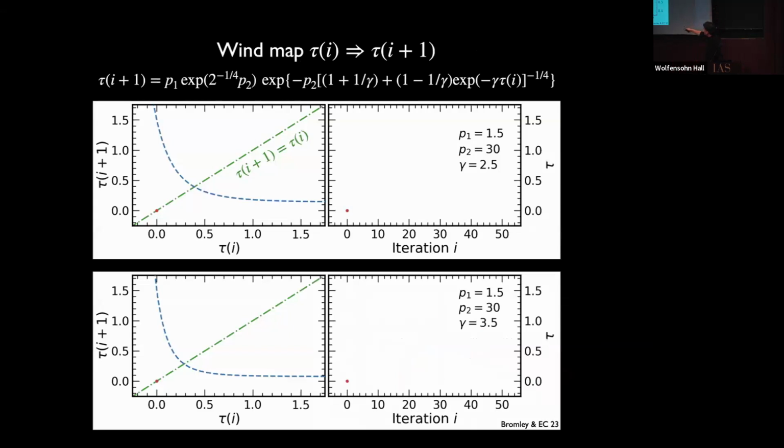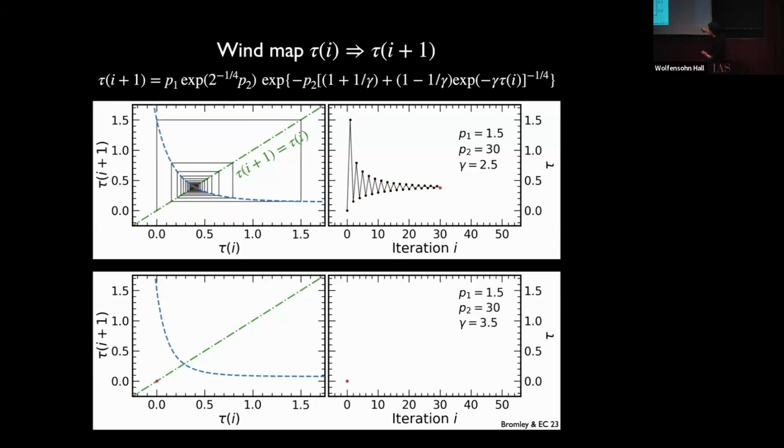It's monotonic. This is tau i plus 1 versus tau i. And monotonic, here's the one-to-one line. There's a fixed point. And depending on parameters, here I'm going to use a gamma of 2.5, which is a nuclear winter, sort of a mild nuclear winter. It's a stable point. It's a stable attractor. And you just equilibrate to there. It's sort of boring. That's the steady state, equilibrium, atmosphere, optical depth.